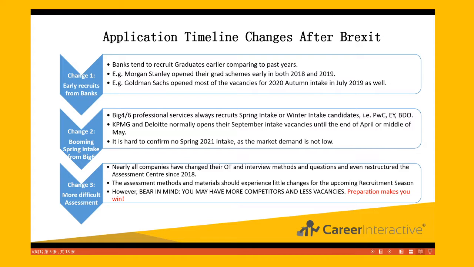I would like to highlight the visa policy changes for you now. If you can get a banking offer, potentially you will be able to do an overseas visa application. So basically it's not really necessary for you to apply for the visa within the country. For example, if this June you apply for a top investment bank graduate scheme, and you gain the offer for next year's June or July intake or September intake,